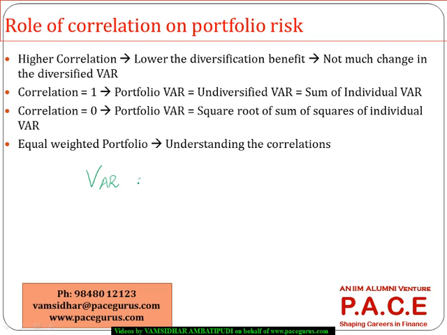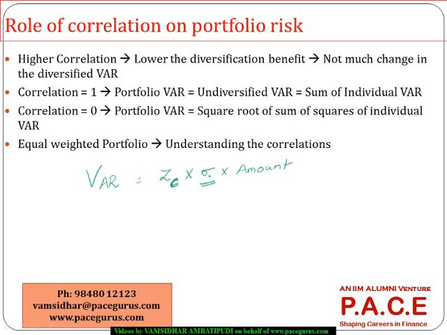We have simply said it is nothing but the z value corresponding to a confidence interval multiplied by the standard deviation, whether of a security or of a portfolio, and multiplied by the amount that is actually invested in that position or portfolio. So this standard deviation